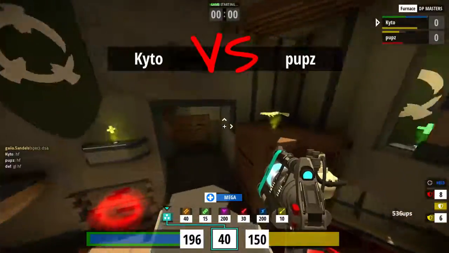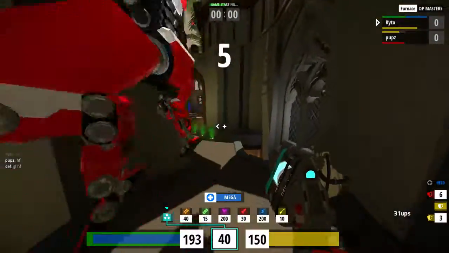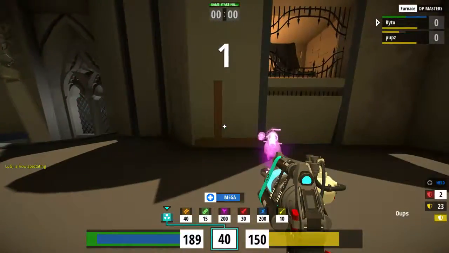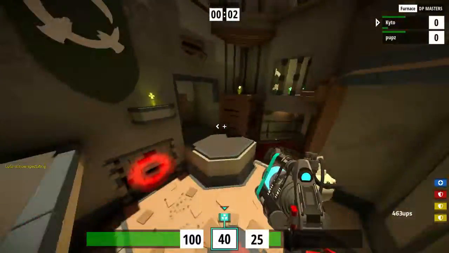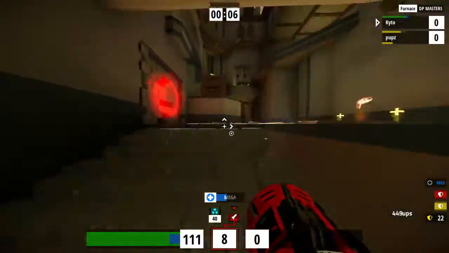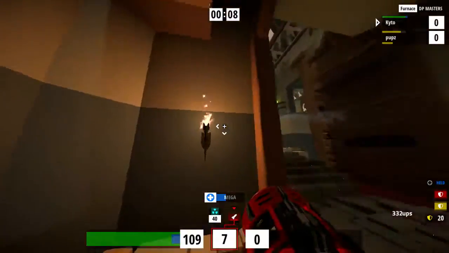Getting underway now. This is a parallel game of round one, Kyto versus pupz. Let's get it started. Starting off the bat here with Kyto. Not sure about where he wants to go, but deciding to go and steal that Mega ended up paying off